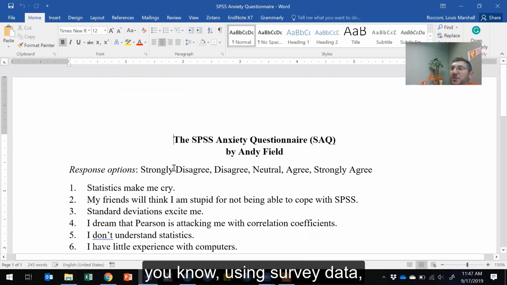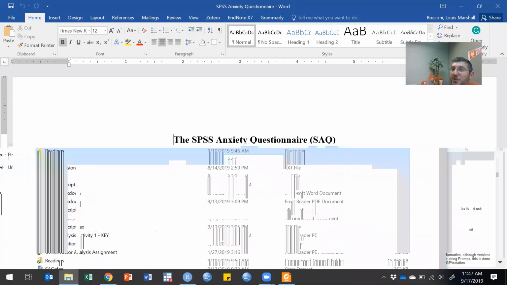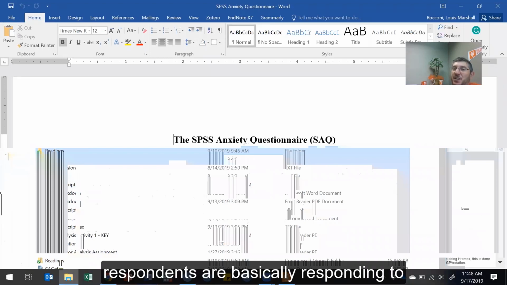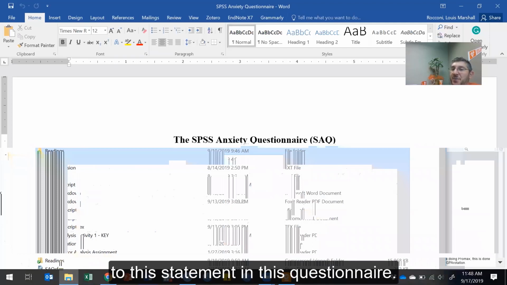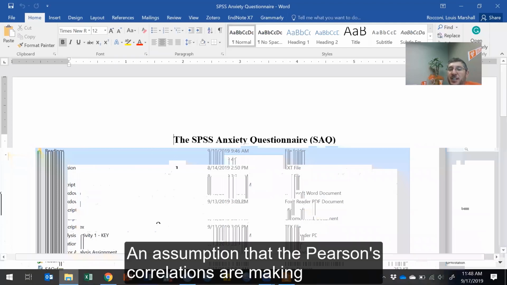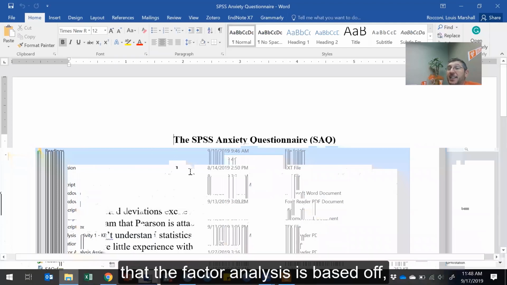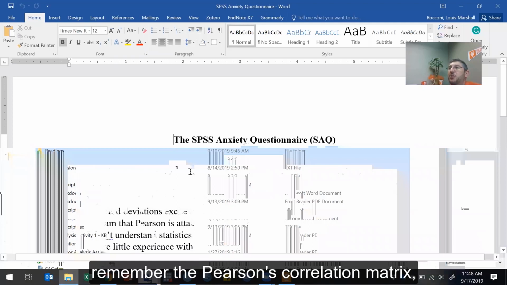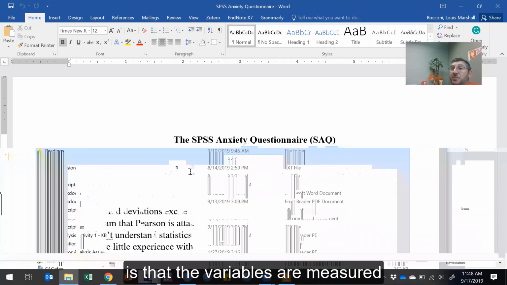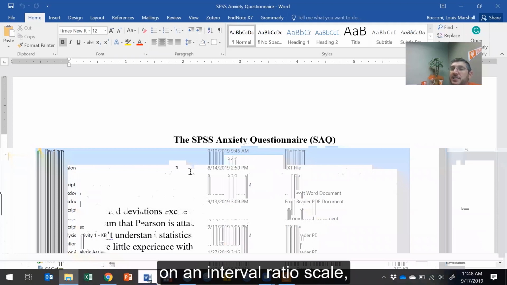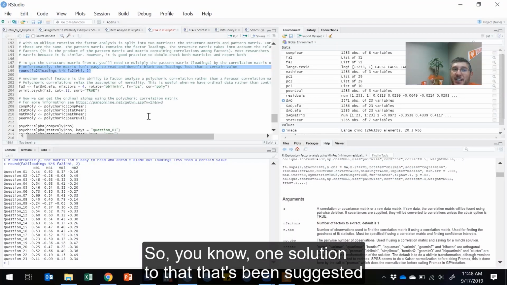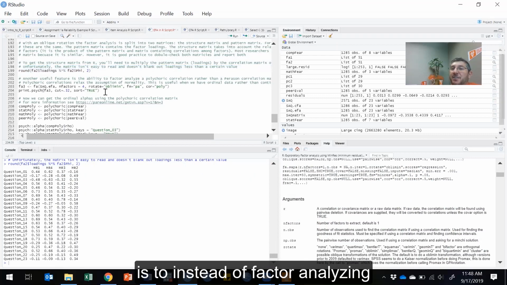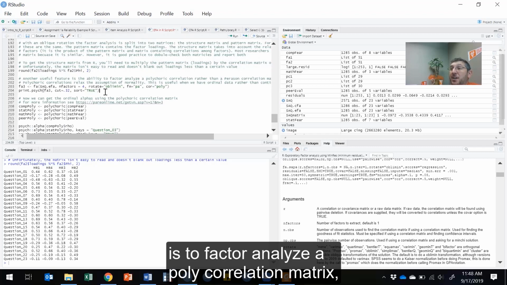lot when you're using survey data, respondents are basically responding to whether they agree or disagree to this statement in this questionnaire. An assumption that the Pearson's correlations are making, that the factor analysis is based off, remember, the Pearson's correlation matrix, is that the variables are measured on an interval ratio scale. Well, that's not really the case here. So, one solution that's been suggested is, instead of factor analyzing the Pearson correlation matrix, to factor analyze a polychoric